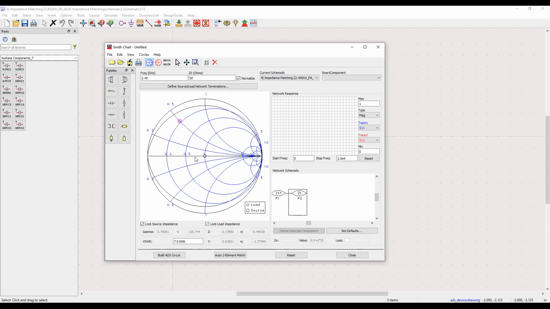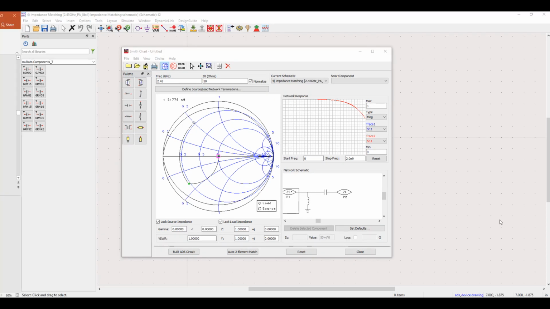I would like to log this impedance as well. We have accomplished the impedance matching for the PA output as well. These are the component values.